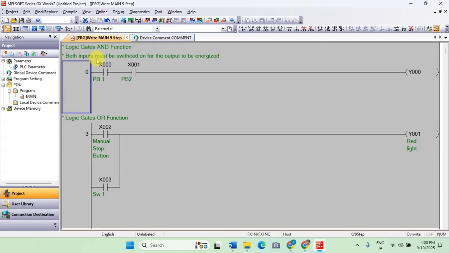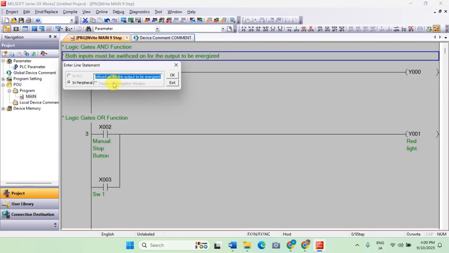And so we can add another statement. Both inputs must be switched on for the output to be energized. I think we can correct or improve this one, so we're going to use a capital letter on the ON.